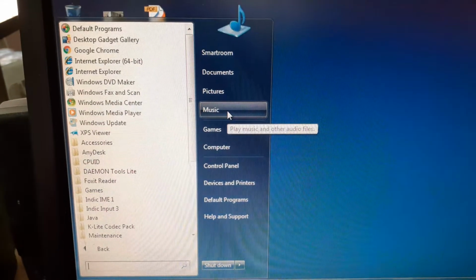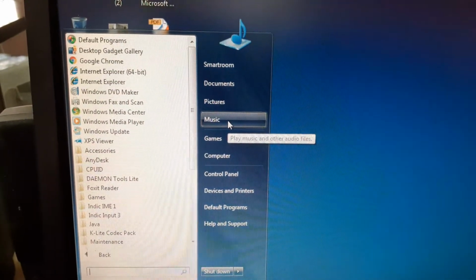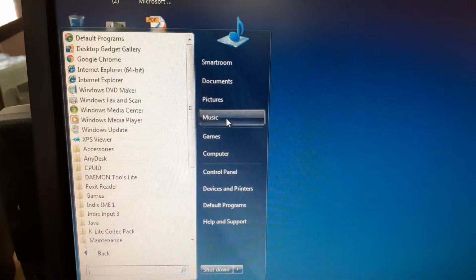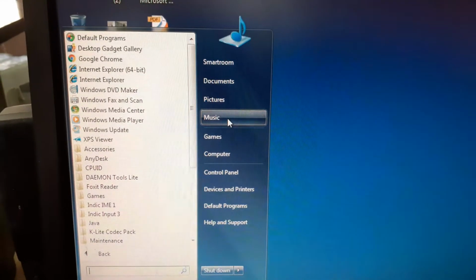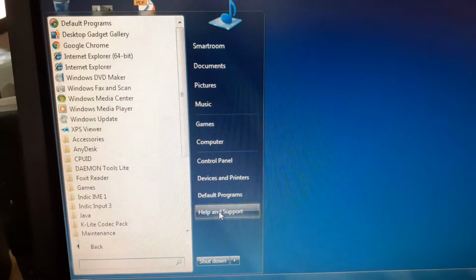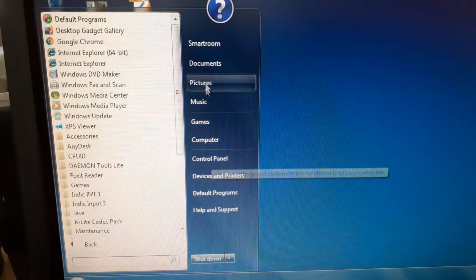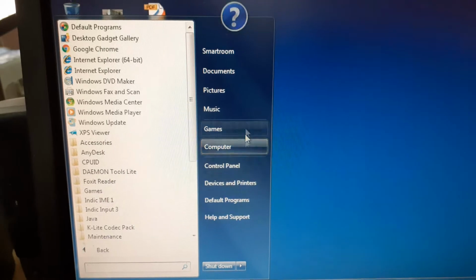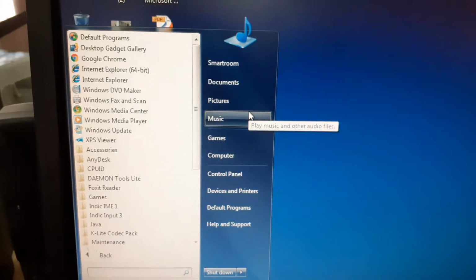So here in the right pane of the start menu, it has links to parts of Windows that you will use frequently. Okay, so here these items are displayed, right children?